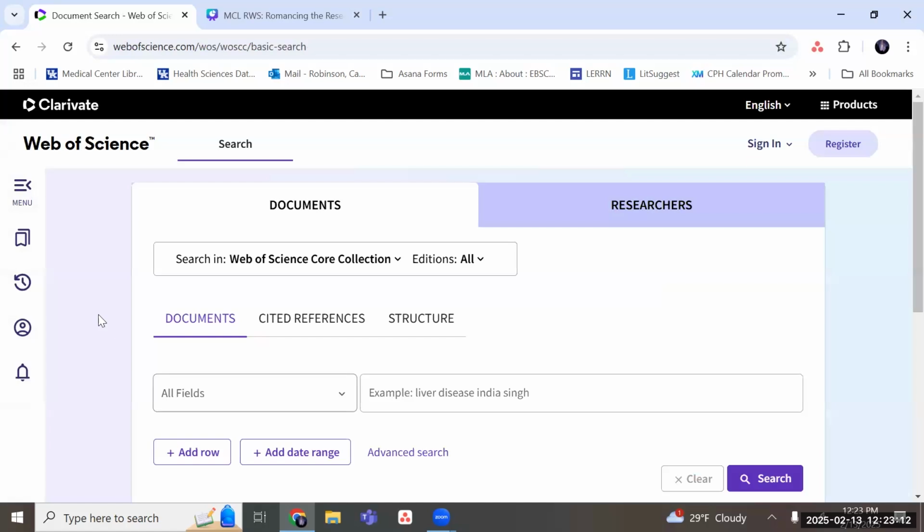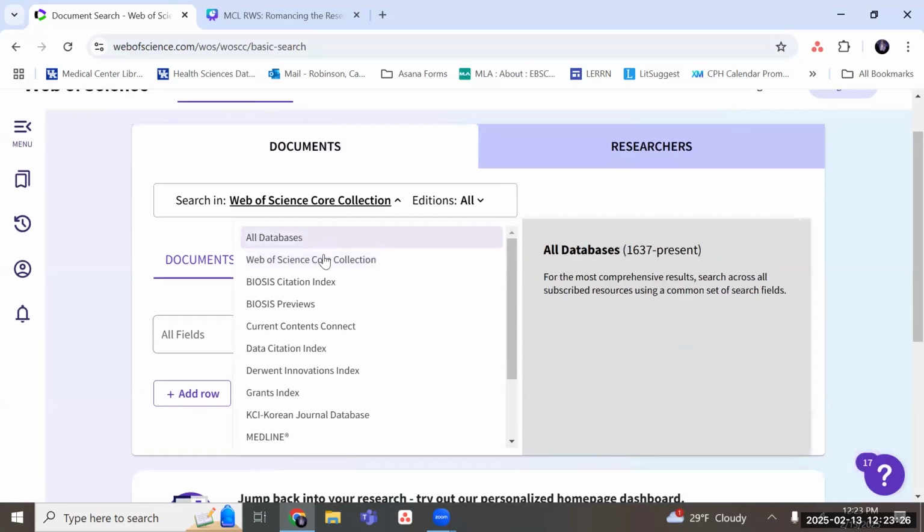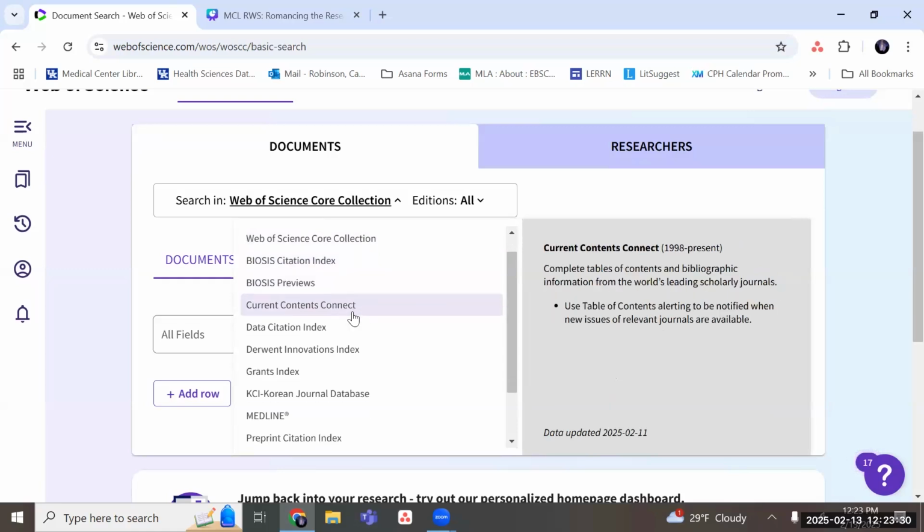So we'll see if it's quick or not. I'm not on campus Wi-Fi, so it might not open very fast. Okay, wonderful. So once again, we are searching the Web of Science core collection. To change that to either the preprint resource or the dissertations and theses resource, you can scroll down and click on this. So the first one,